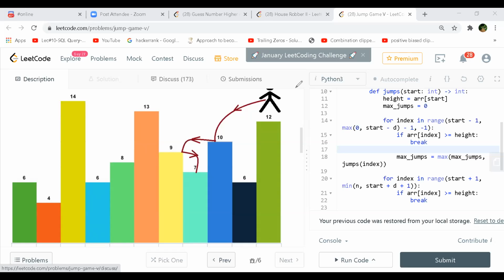And now when you are at a particular index, if the height of that index is greater than the height on the top of the stack, let's annotate, it will be better. So for the 6, first you push 6. Now, 4 is lesser than the top of the stack, which is 6, so you also push 4.